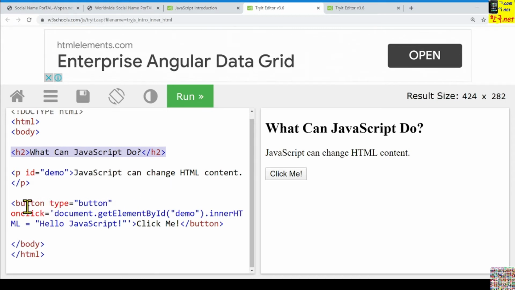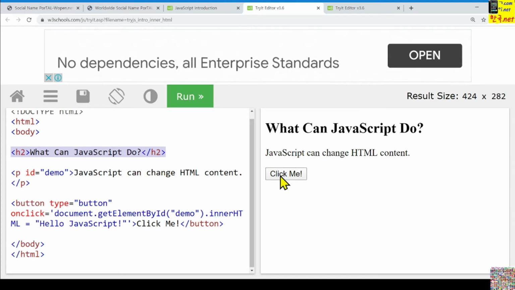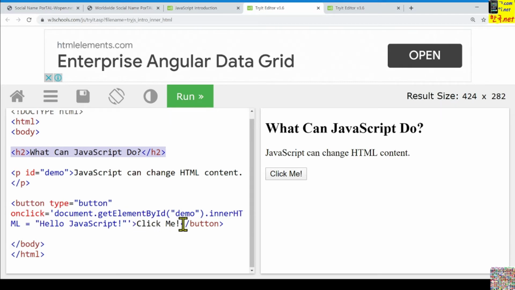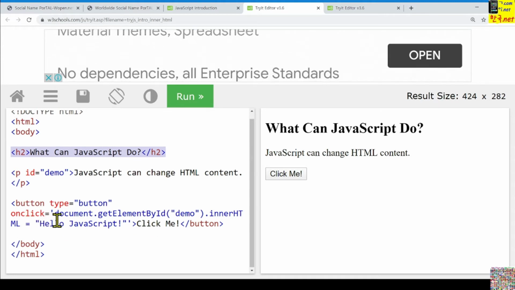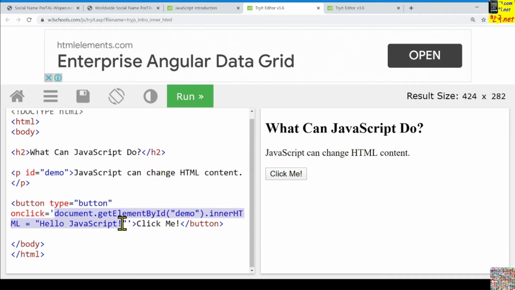Here button type button is showing this button, and if I click this one, then this onclick event happens. Then this event handling program, that is the JavaScript statement, here.